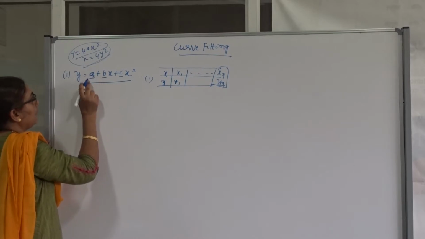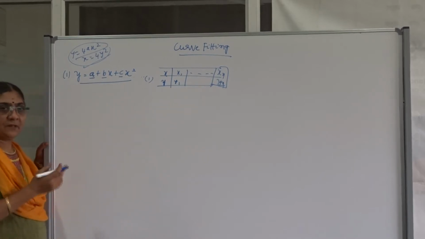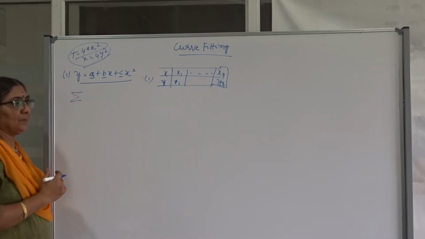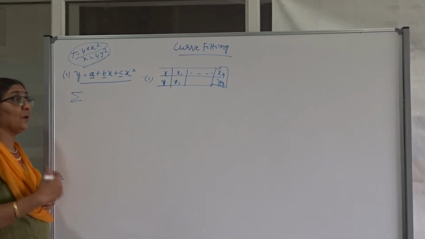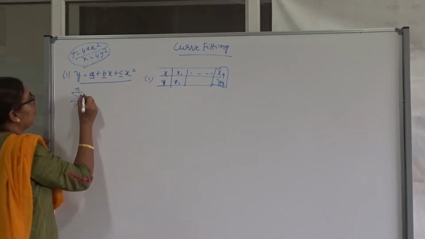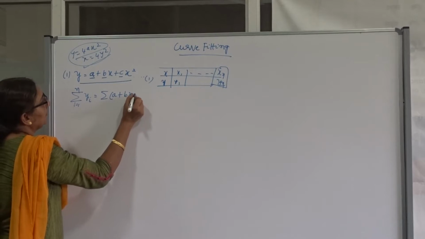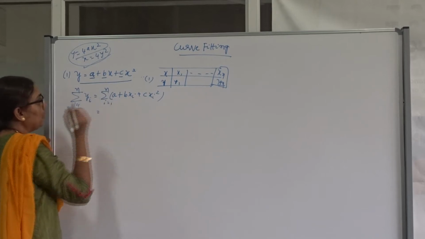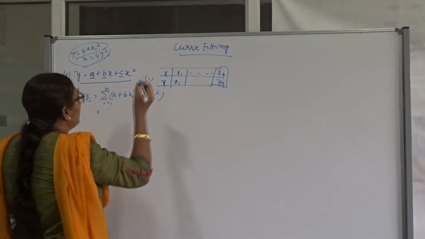Therefore, first take, as usual, what I explained in the previous first slide, with respect to a. The coefficient of a is 1, so first you multiply it by the given equation. We get the same equation, then take summation on both sides. Why did I take summation? I explained in my previous video. We are taking the difference between the present value minus the previous value, the error, the square of the error. Summation, i ranging from 1 to n values. Summation yi equals, on the right hand side, summation of a plus bxi plus cxi square for i ranging from 1 to n. Expand that. I told you a number of times, a is a constant, so a is repeated n times.